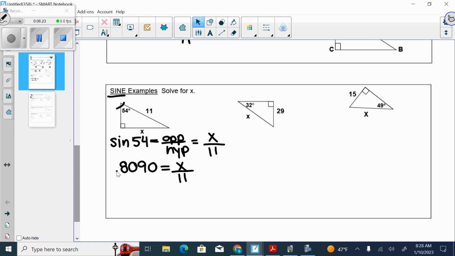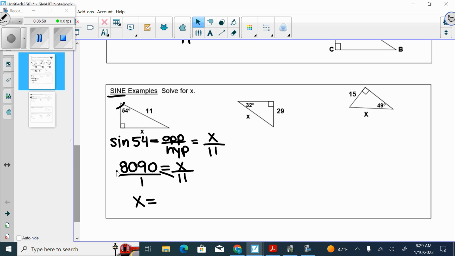Okay, and we just want to solve for x, so what are we going to do here? Right, so you can either think of that as, okay, I'm going to multiply both sides by 11, or you can put this over 1 and cross multiply. Either way, it's the exact same thing, right? I multiply this direction and I have 1x. I multiply this direction and we have 11 times